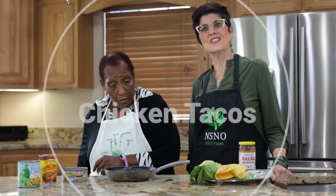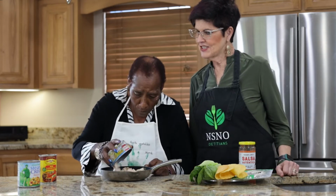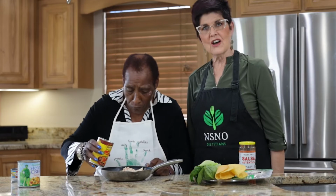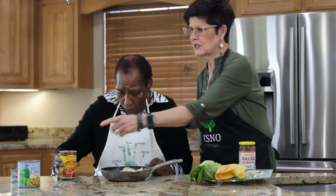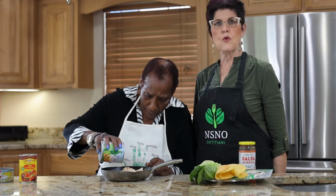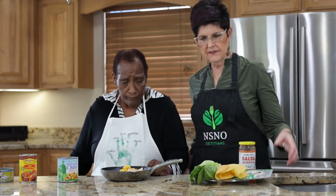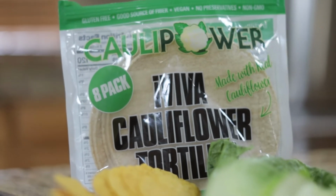Now we're going to make chicken tacos. So Mary, you put a can of chicken in it that's already cooked, so that's really easy. And a half a can of our enchilada sauce. And then we put our Mexi corn. So we have to be careful with our corn because corn is a starch, but when it's with the chicken, we have protein, we have fiber, and then we can serve it on a cauliflower tortilla that Mary really has